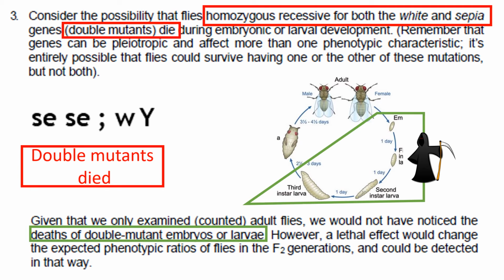So we already solved question 1 and question 2. Yeah, we have done a chi-square and we came to some conclusions. Now in question number 3, they are asking what if you have a possibility that, and some of you already asked me this, when you have a homozygous recessive for both white and sepia, the double